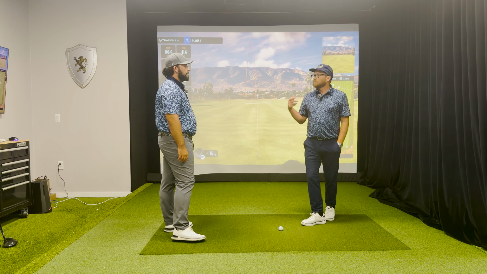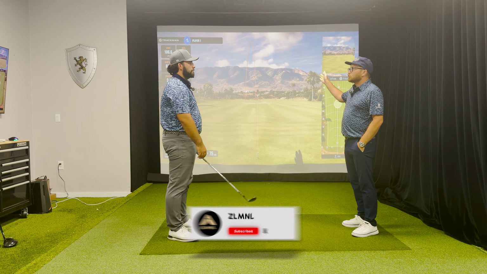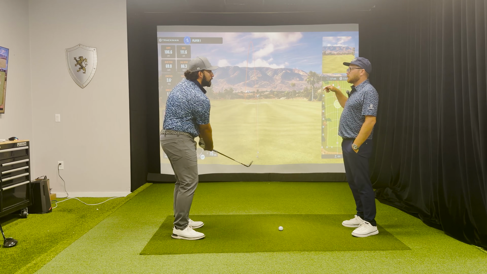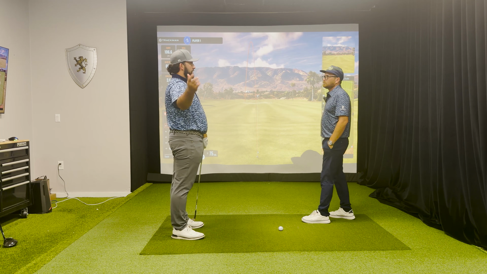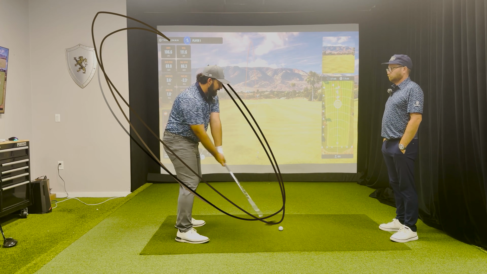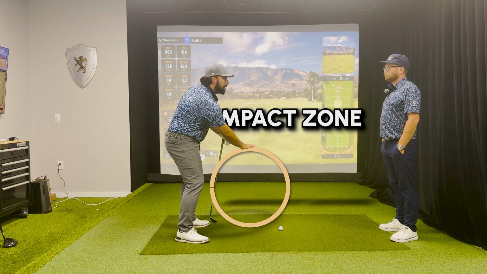Hit a couple shots, talk about what your pattern was with a wedge. It was very neutral, a little out to in, or a little in to out. To be honest with you, just like I said earlier, I've always thought about the swing direction. For me as a player, if the big move is good and consistent, then this right here, the impact zone,